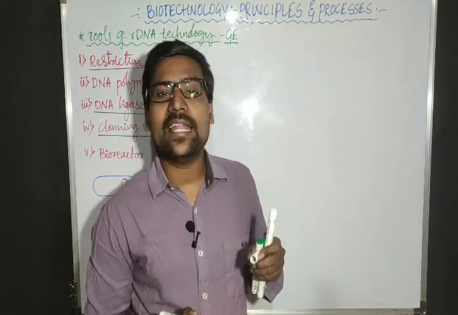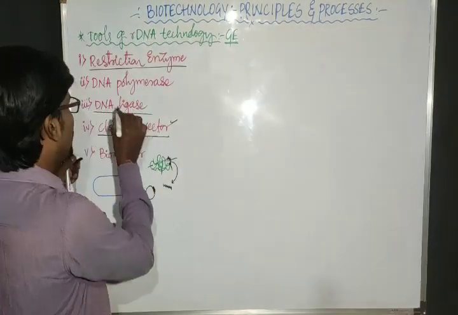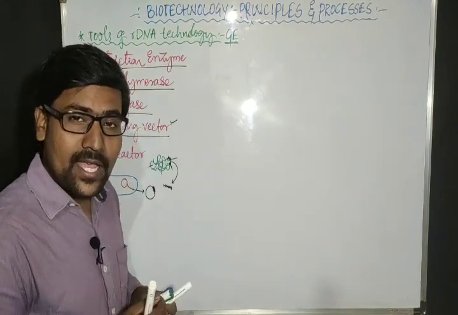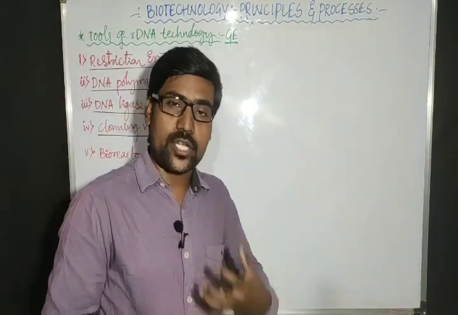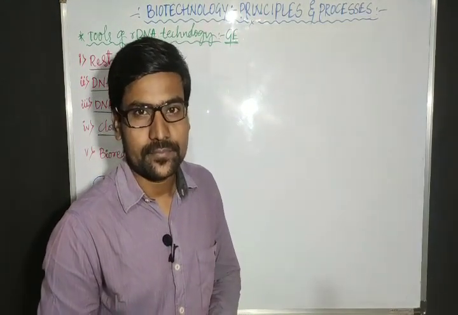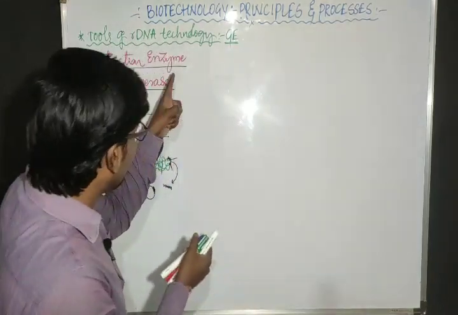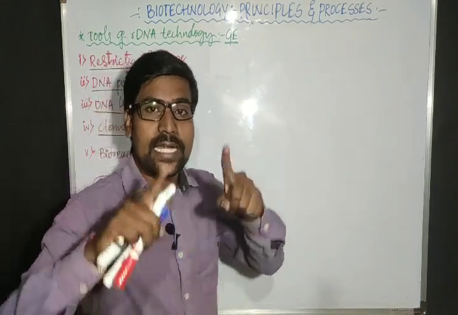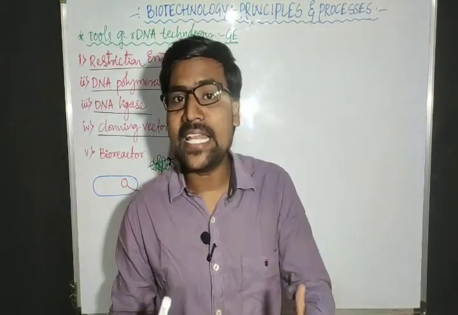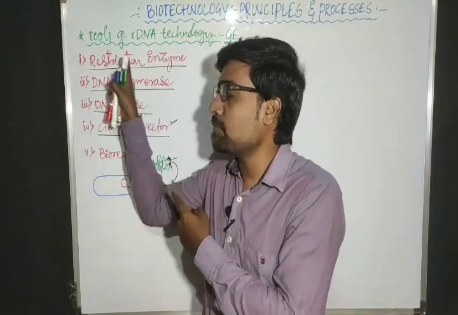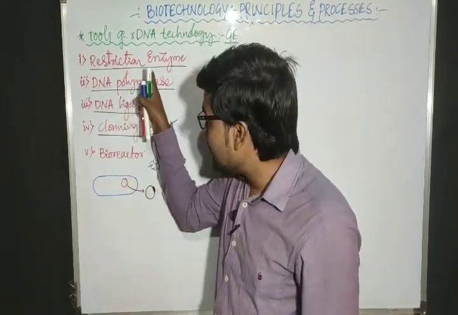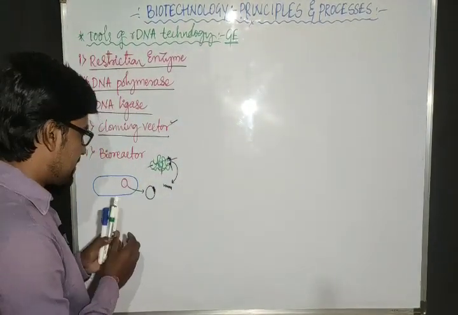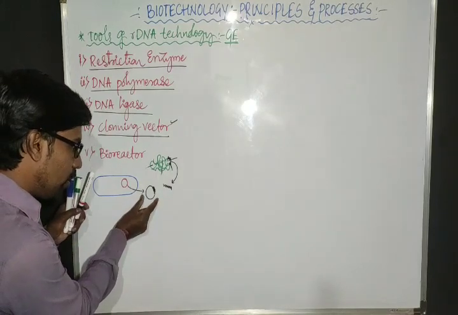Which enzyme? DNA ligase enzyme. And here still one more enzyme is remaining, the DNA polymerase enzyme. DNA polymerase enzyme is used in multiplication, the doubling of DNA. We will come to know. But already we have heard the function of this enzyme during DNA replication. During DNA replication, this enzyme helps in the formation of new DNA strands, and the same enzyme is used, right? DNA polymerase enzyme. And last, of course, we introduce this rDNA.